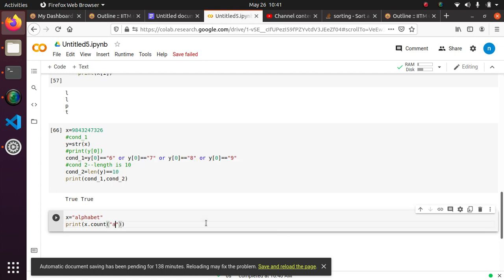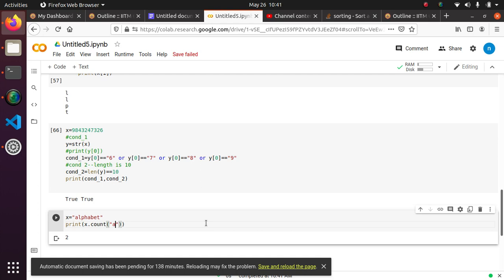No, it should be a string. Now what will happen? See, 2, because we have 2 a's in this. I have given another 6 times, and 6 plus 2 should be 8. So let's see. 8. Very good. I guess you can understand what this does. It basically counts the given string inside of this.